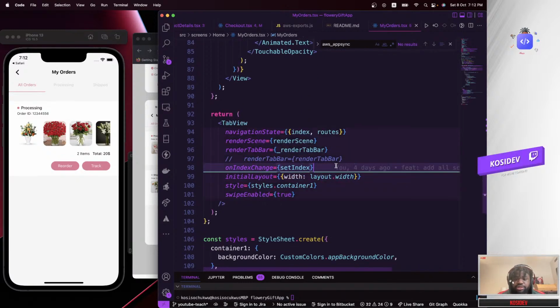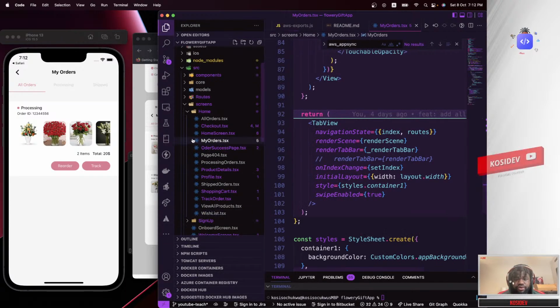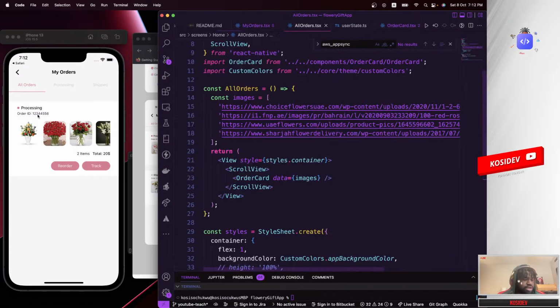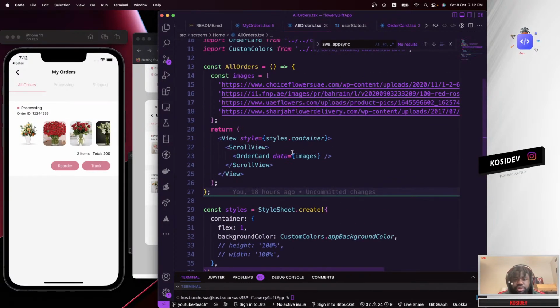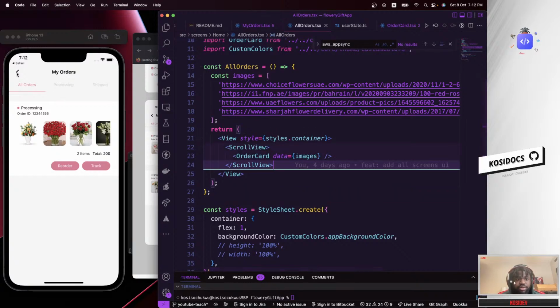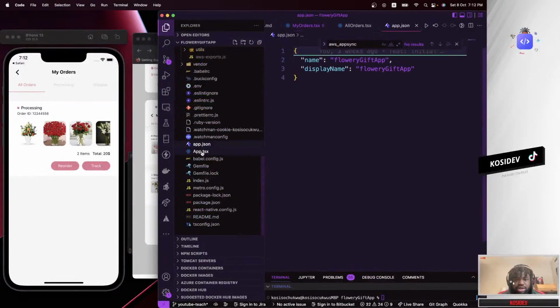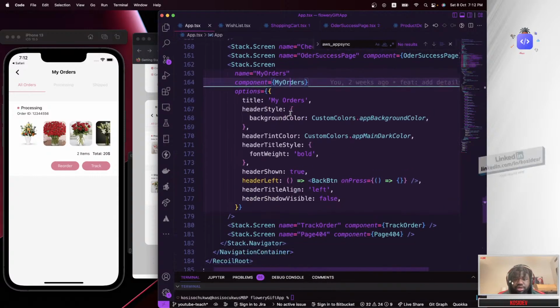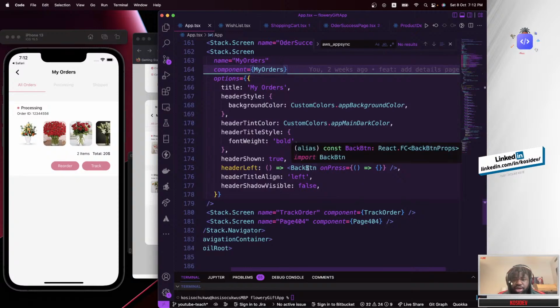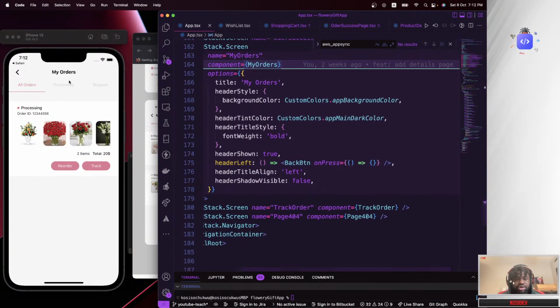Okay, there we go. Yeah, I see that. So over here, if I go over to all others, because this first one right here is basically all others. That escaped my mind for some reason. At the top we have this button, my orders, and that can only be changed at this point here, because we're adding a back button. Remember, the back button on press should actually take us back.